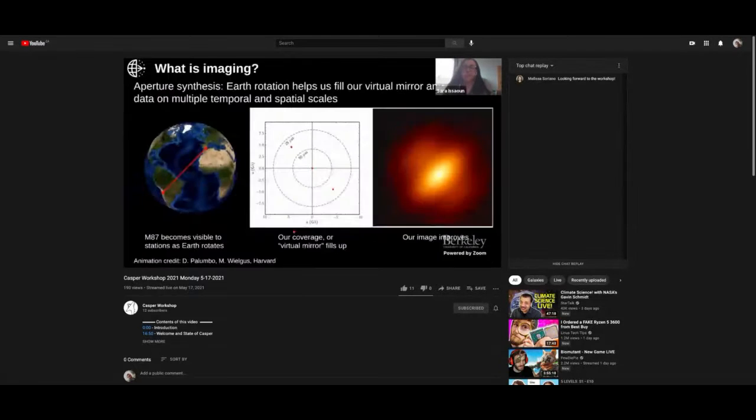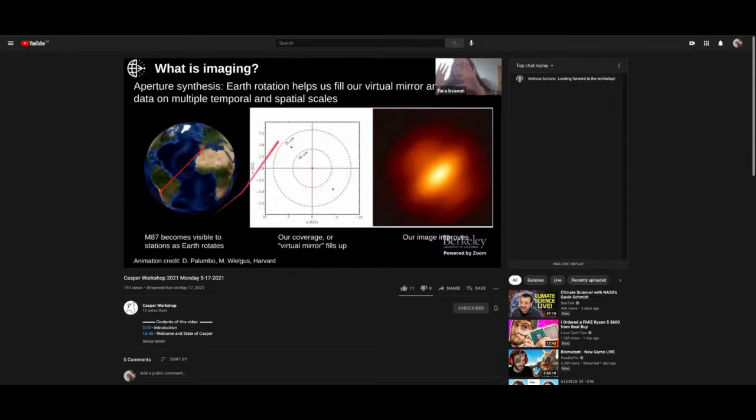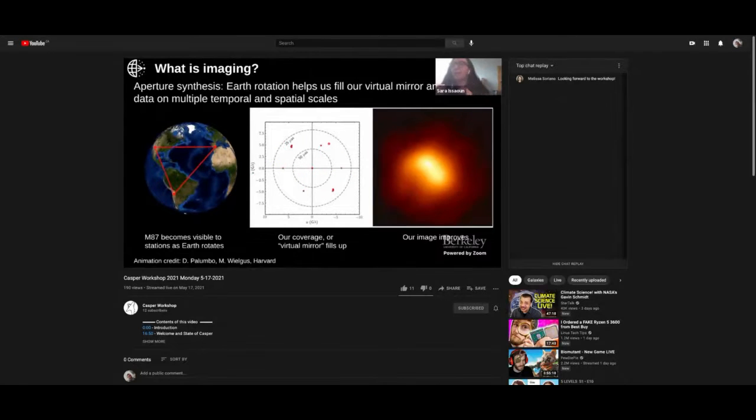So now that we have our final data, we can start imaging. And we use, again, the Earth's rotation with a technique called aperture synthesis. Because our telescopes are at set locations on Earth, as the Earth rotates, we're sampling different parts of our image. So the Earth's rotation helps us build our virtual mirror, which you can see here. Our coverage is in Fourier space, so we're sampling different